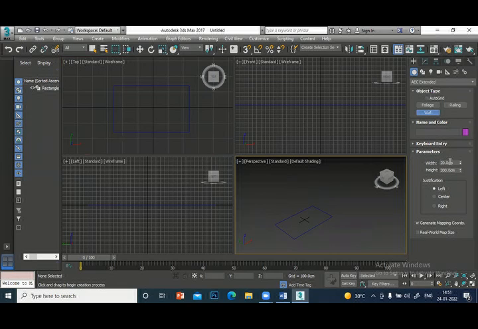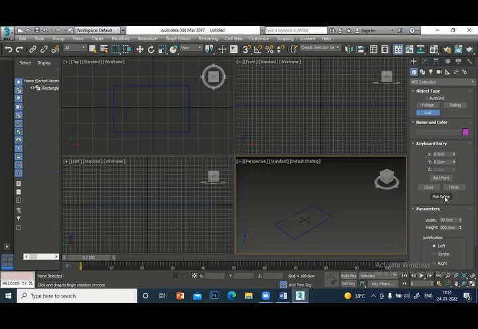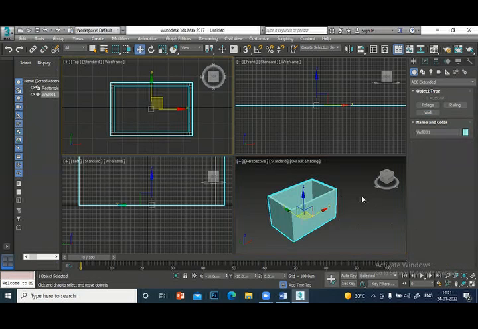And the width of the wall is 20 centimeter. Height is 300 centimeter. I'm going to keyboard entry. Pick spline. So it is going to draw a wall, 20 centimeter width, 300 centimeter height. Click this. So it has drawn a wall. And if you see, the measurements inside are 3 meter by 5 meter.